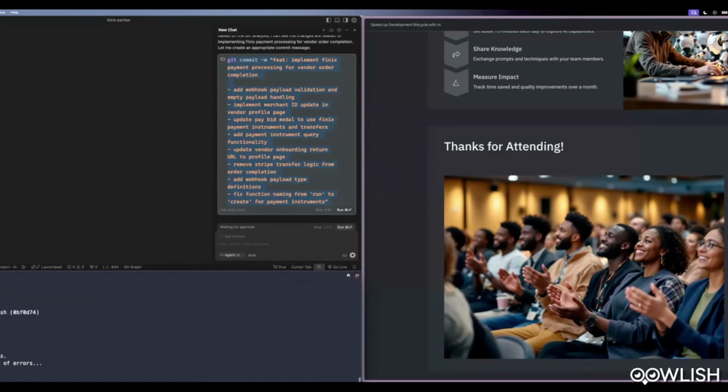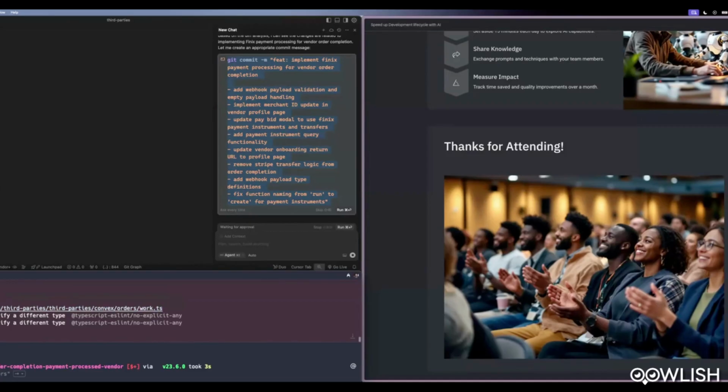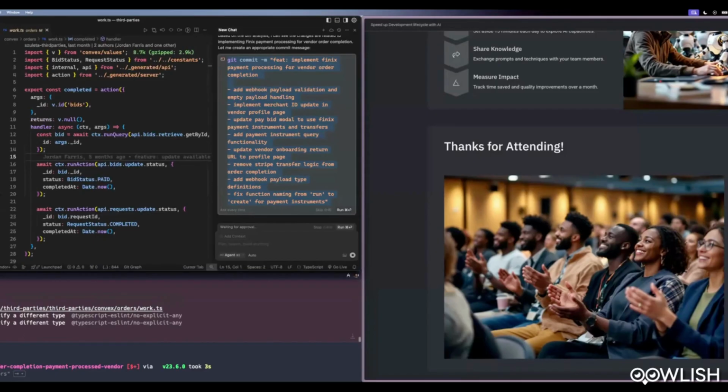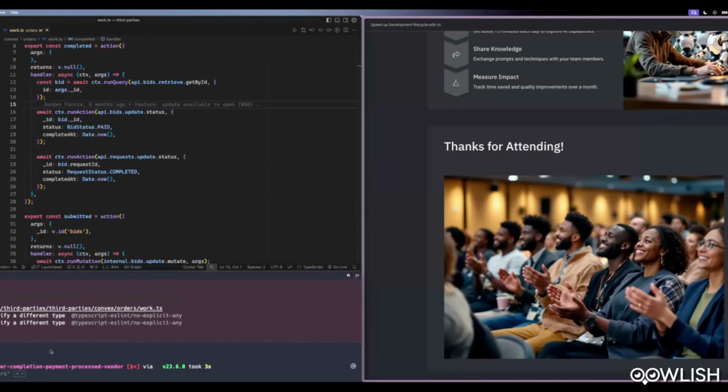It will start running my rules. Okay, there is an error on convex orders. So let me check real quick. What is that? Convex orders work. And what is the issue here? Unexpected any. Okay. For the purpose of this,